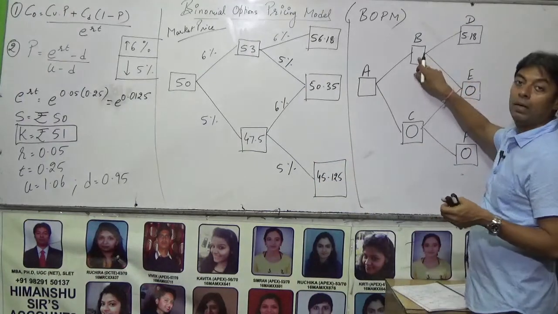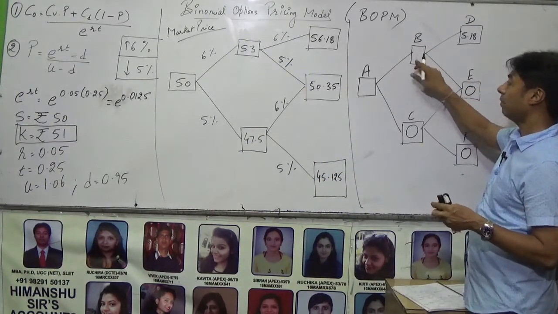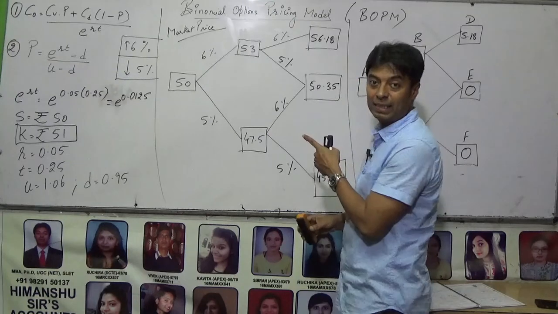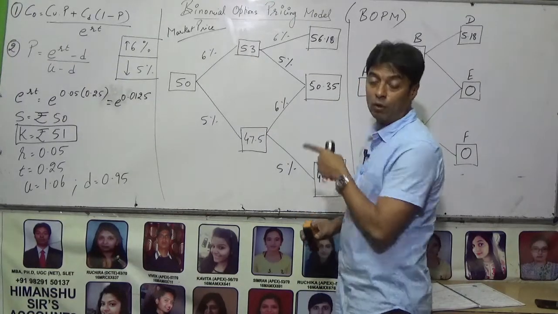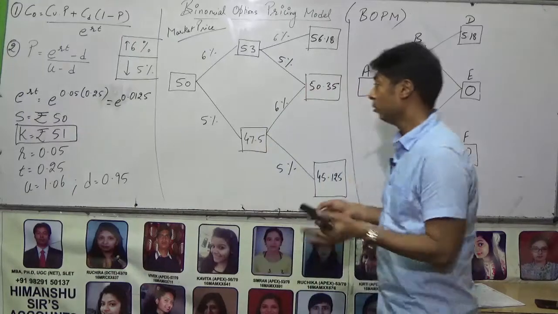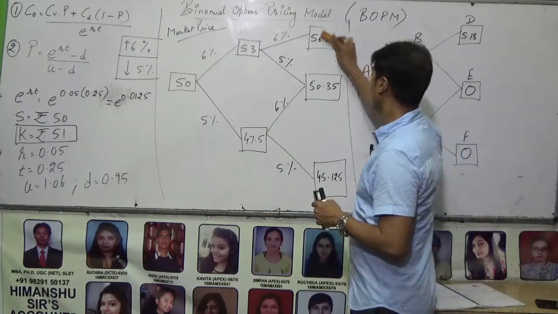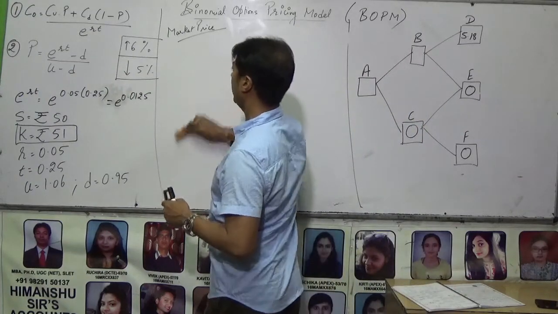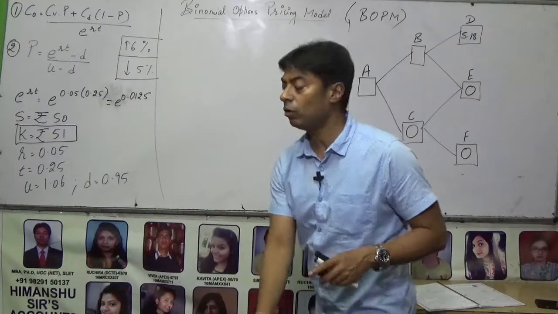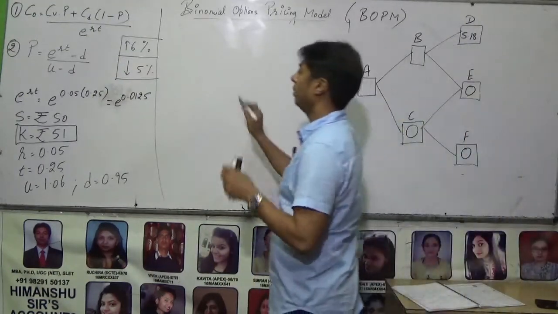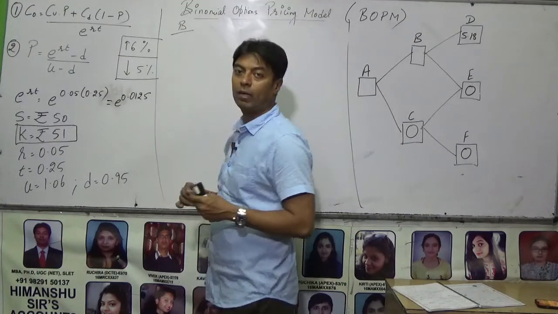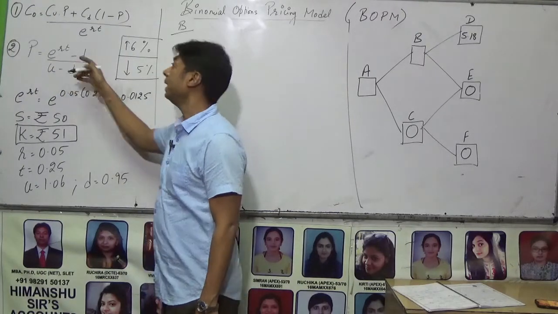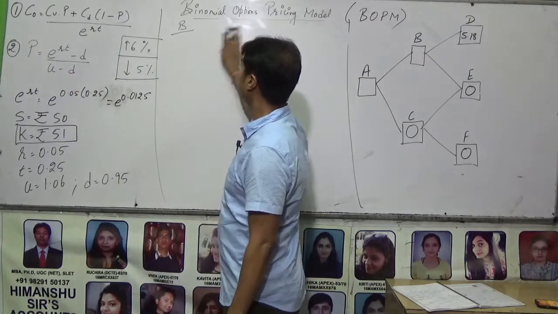So what do we need to calculate now? We have to go for option B. So we have to start our calculation for this node B. How do we do that? I am going to erase this diagram because I guess you've already taken it down. I have also given the time to take down this diagram. So after constructing the market price diagram, now we have to find out the value at this node B. I am marking this heading. We have to find out the value of B. For that, first of all, we need to calculate the value of P. And how to do that?